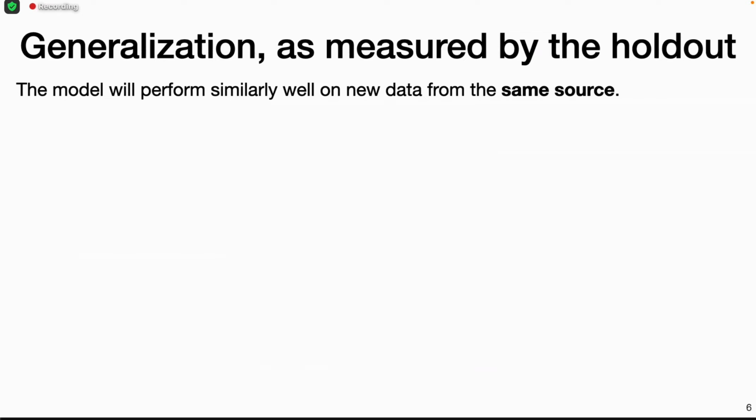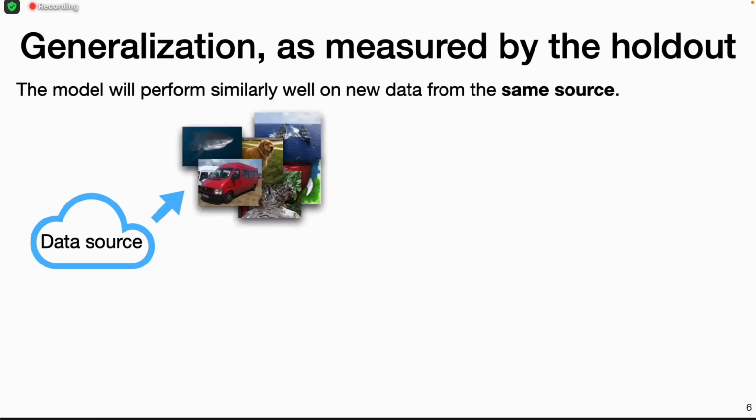So what we get out of this test set evaluation is that the model will perform similarly on new data from the same source. In this thought experiment, there is some idealized data source that we can draw samples from. So we do this the first time to build our test set. Then we feed those images into our model, and we get our 83% accuracy out. Okay, so far so good. And what does this guarantee now?